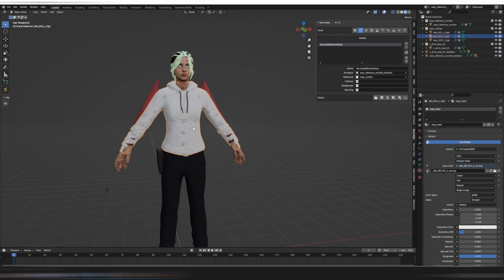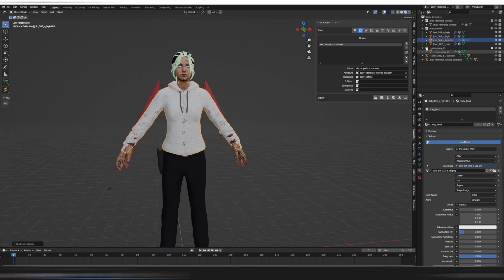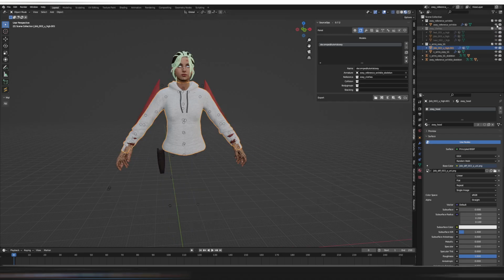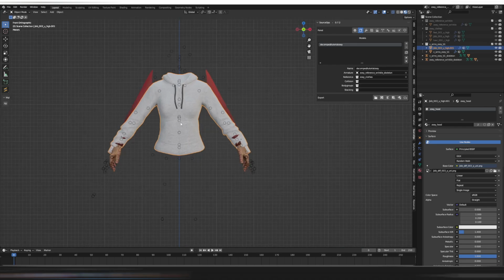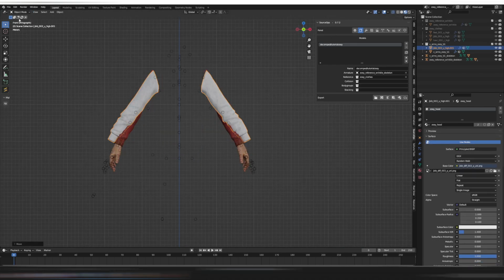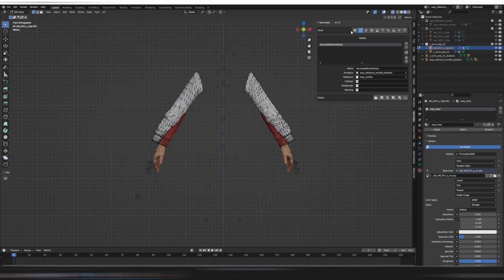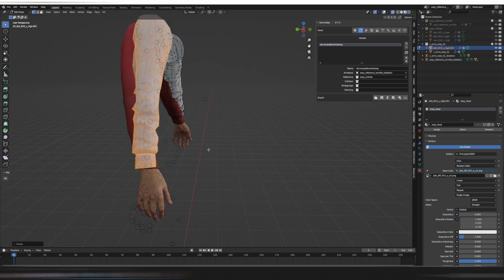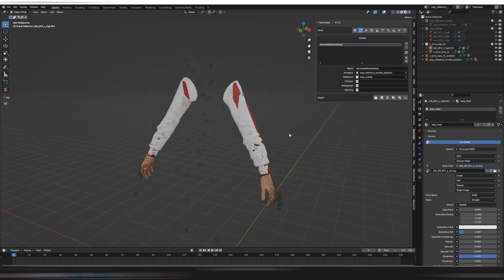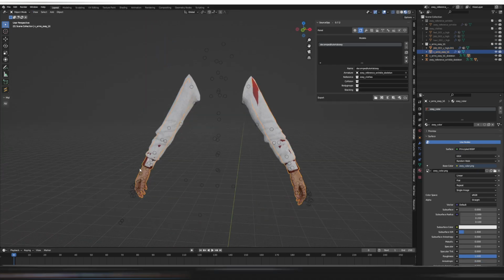Copy whatever clothing you'll see on the arms, in this case the hoodie, and then move it into the collection that has the arms. Now we're going to hide regular Zoe, and then edit this model so it's just the sleeves. Next up, you want to match it so it's pretty close to the original, which I'm going to do right now. That looks close enough, it doesn't matter to me. Same as before,